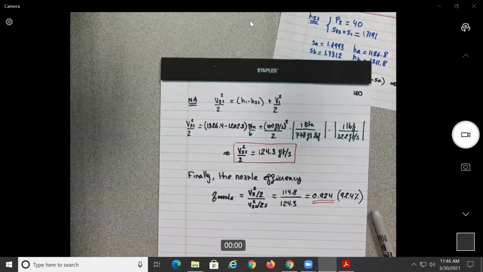Since this is only on the tables, isentropic quantities P sub R and specific volume V sub R. Okay, so recalling from TDS relations,